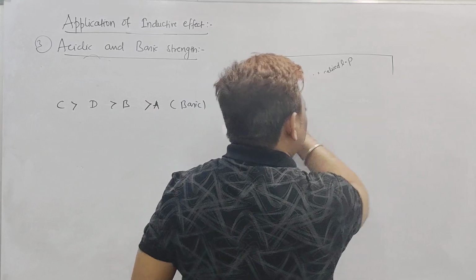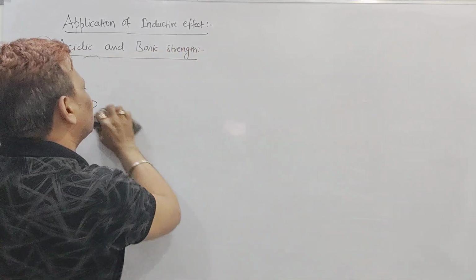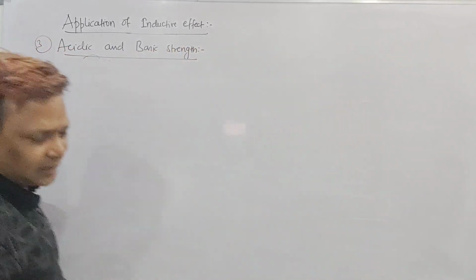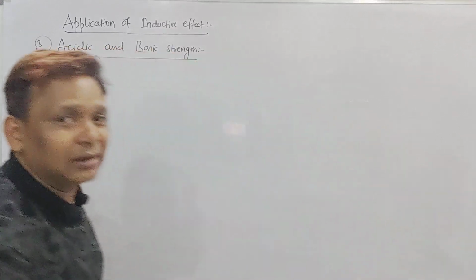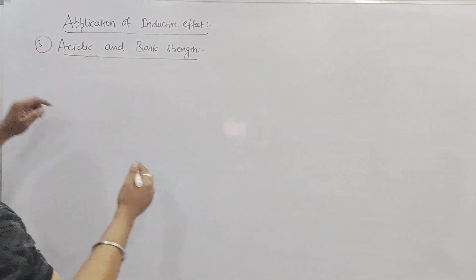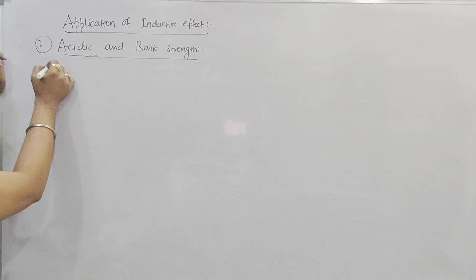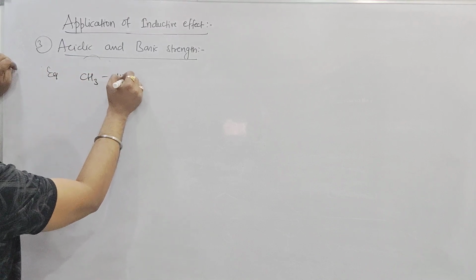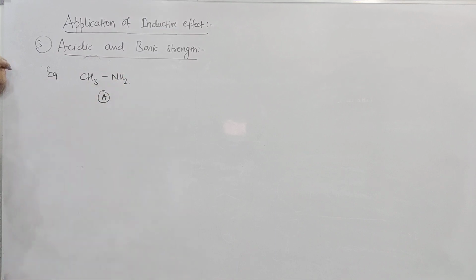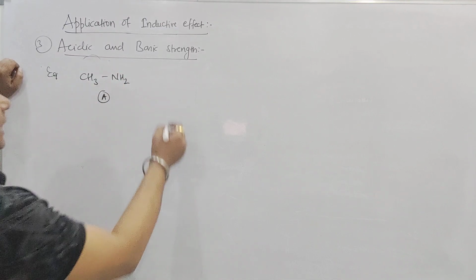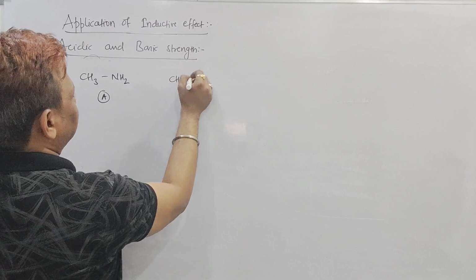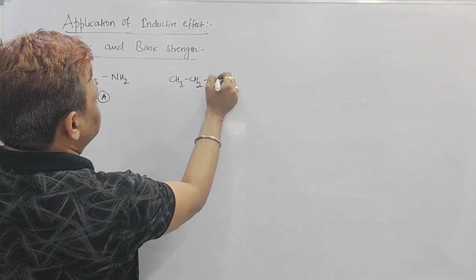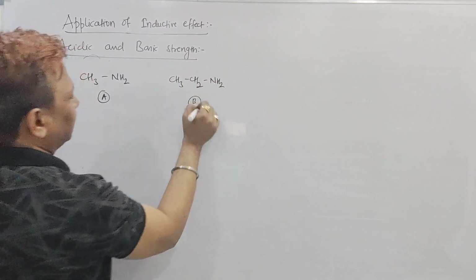See beta, in basicity, whenever amine is coming up, think over the lone pair. Either it is localized or it is delocalized, or it is a plus I or it is a more number of plus I. So let us say one more example I want to give for you. Beta, it is CH3NH2. Let us say, sir, it is compound number A. But in another case I will increase the size of the alkyl group, CH3CH2NH2. But it is compound number B.